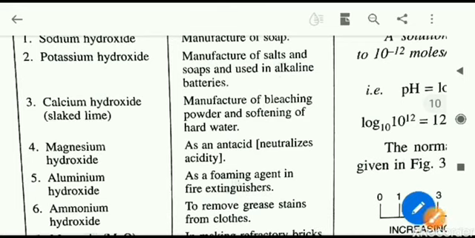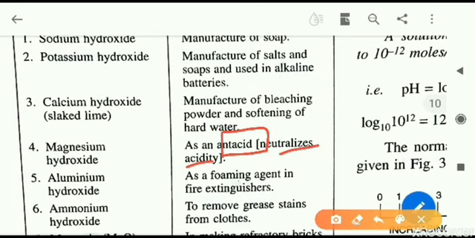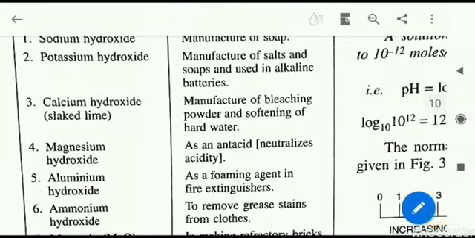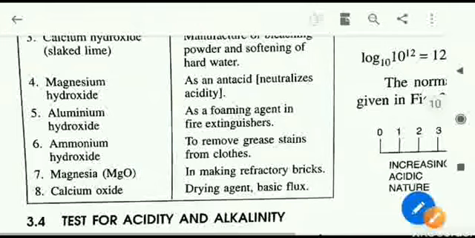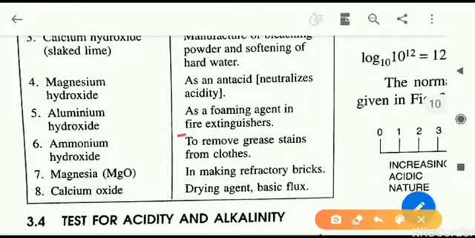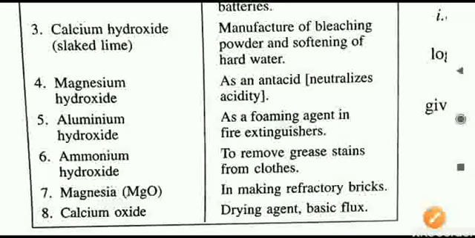Next is magnesium hydroxide, it is used as a medicine, as an antacid. Whenever you have acidity in the stomach, it can be used as an antacid, that is magnesium hydroxide, Mg(OH)2. Next one, aluminum hydroxide, that is used in fire extinguishers. Next one, ammonium hydroxide, NH4OH, is used for removing grease stains from clothes. In case clothes become dirty due to grease, the stains can be removed by putting this solution of ammonium hydroxide. Number 7, magnesium oxide, MgO, is used in making